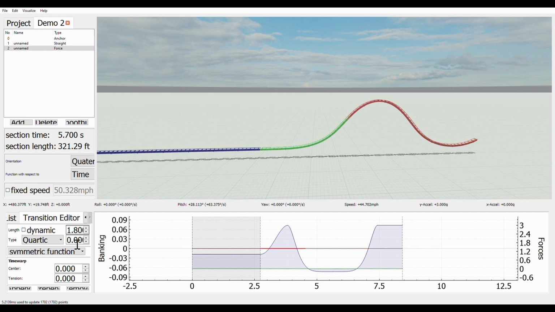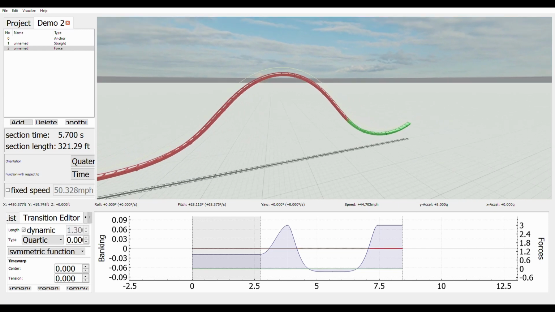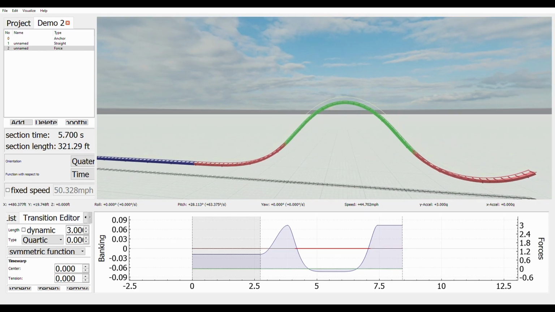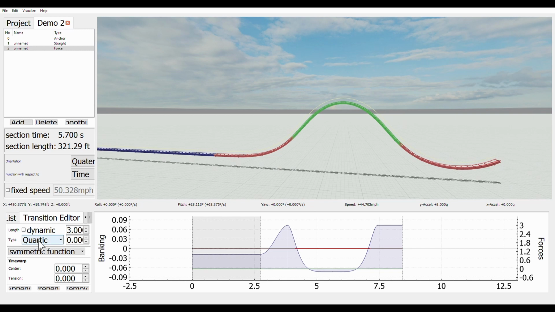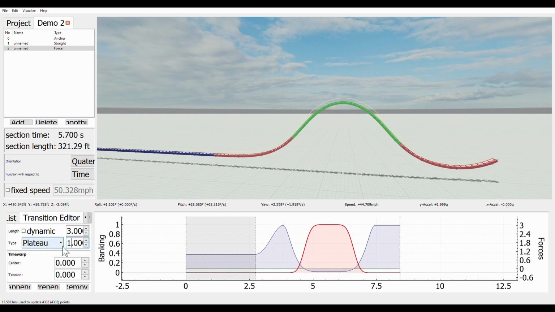So now we have 3 segments. One that goes right until we start really transitioning down into negatives. Another that'll go till we start transitioning back to positives, and one more 0 roll piece. And now what we're going to do is we see this is quartic. We could maybe make it a quartic, but I like to sometimes use plateau for my roll. So we have a 3-second time, and let's just bump this all the way up to like 100, and we'll